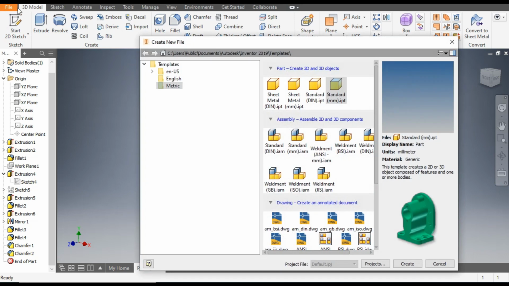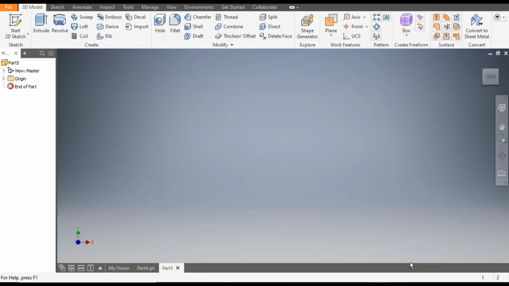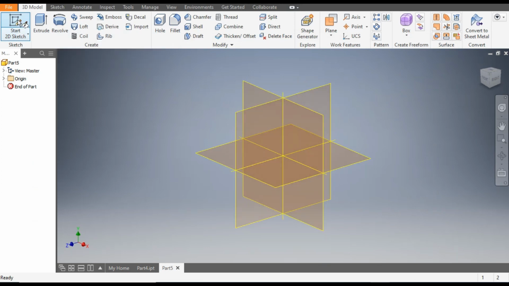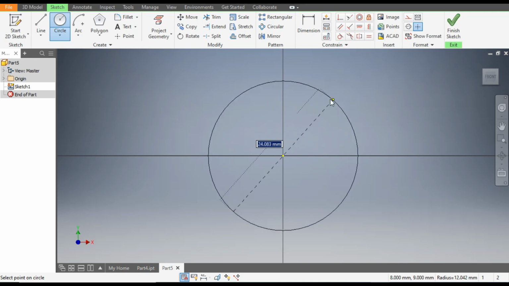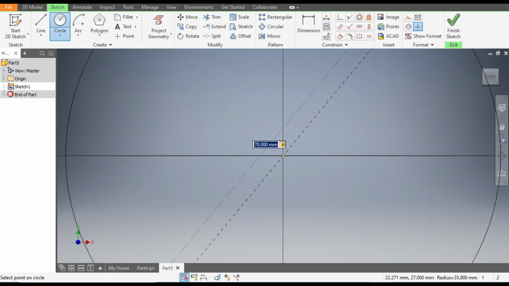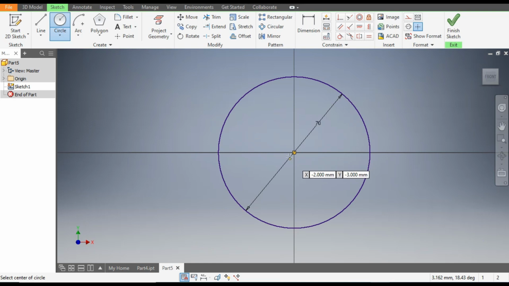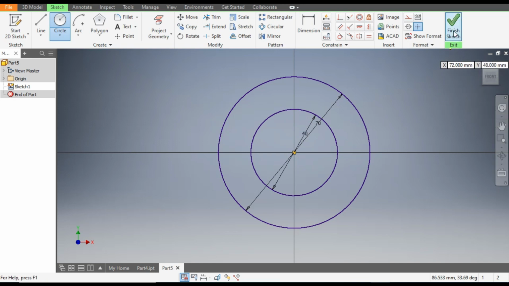Go to New, take a standard part in millimeter and go to Create. Now go to 2D Sketch and we will select the XY plane. Now go to Circle command and select the center point and make a circle of dia 70, and from same center point make circle of dia 40 mm. Okay, now finish sketch